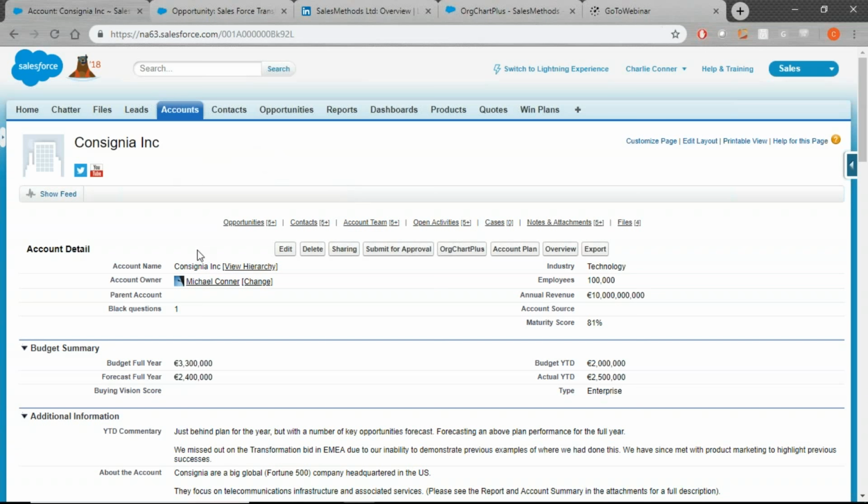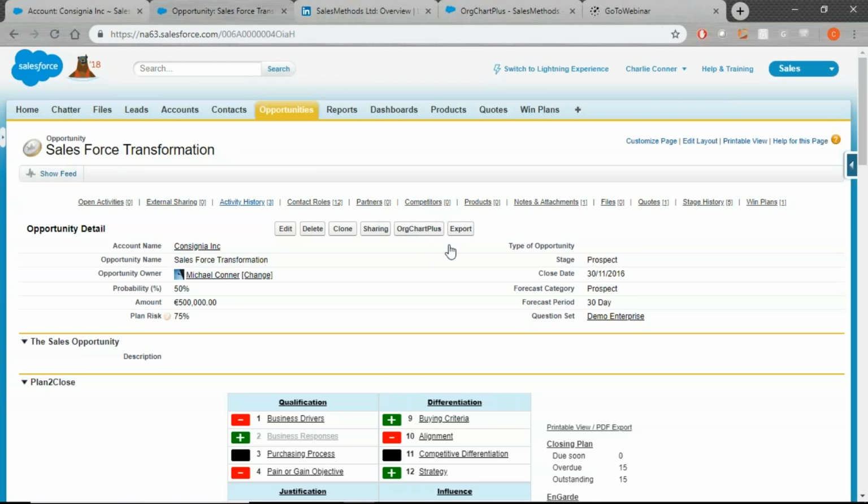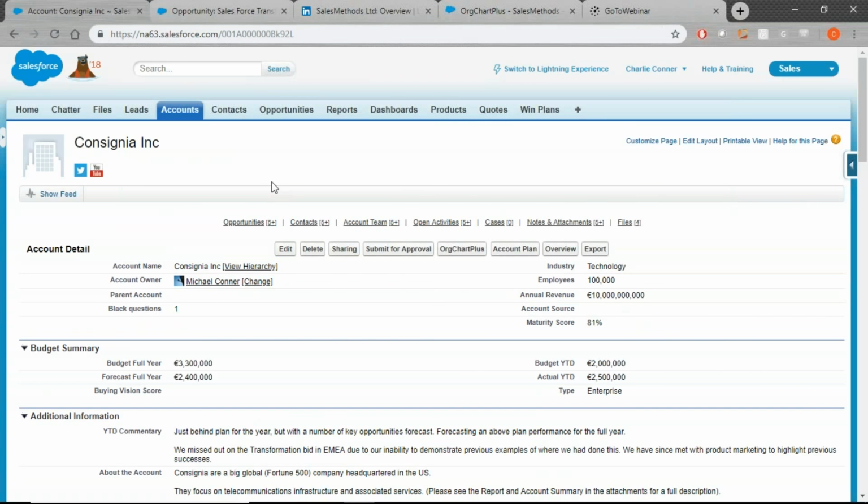I've got an account open at the moment, as you can see here, and the button appears in our demo org at the top here. But if I quickly hop into this opportunity, you'll see it in exactly the same place as well. So I'm going to use this account for demo purposes, and then to navigate to the tool, we just have to click on the button and the tool will open itself for us. So when we start to head into the tool, hopefully, here we go,